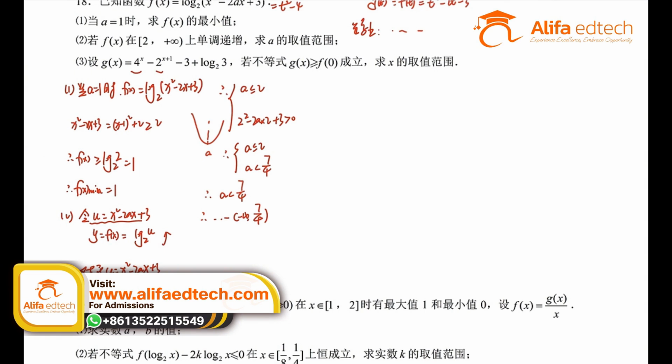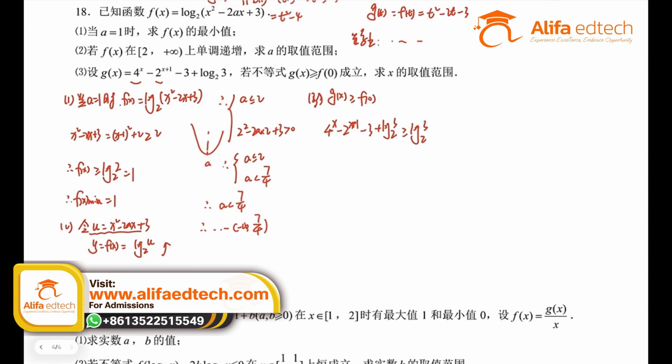If the inequality g(x) is greater than or equal to our f(0) holds true, we need to find the range of x. So this means for our third sub-question, g(x) is greater than or equal to our f(0), it becomes equivalent to 4 to the power of x minus 2 to the power of x plus 1 minus 3 plus log base 2 of 3 is greater than or equal to f(0). Now for f(0), it doesn't matter what a is. It happens to be log base 2 of 3. Let's see, it is indeed log base 2 of 3,